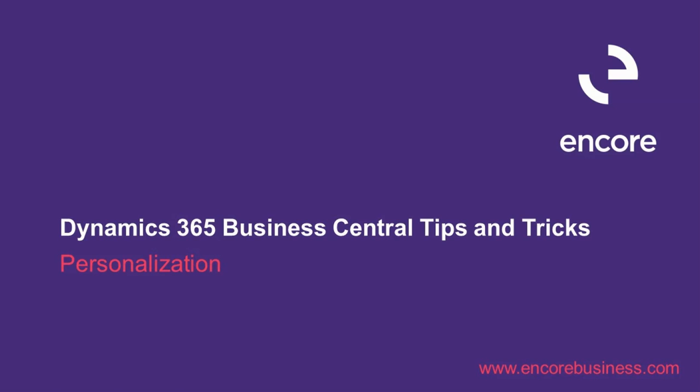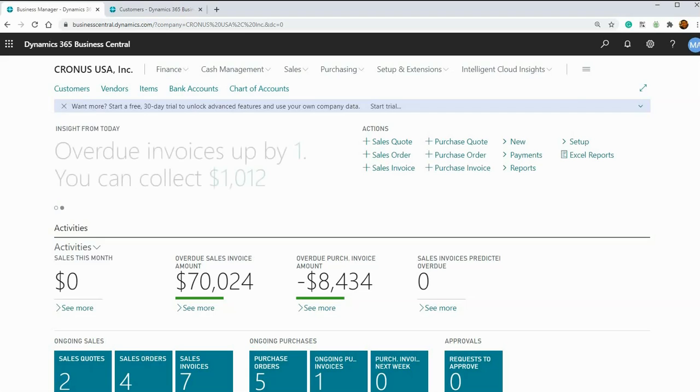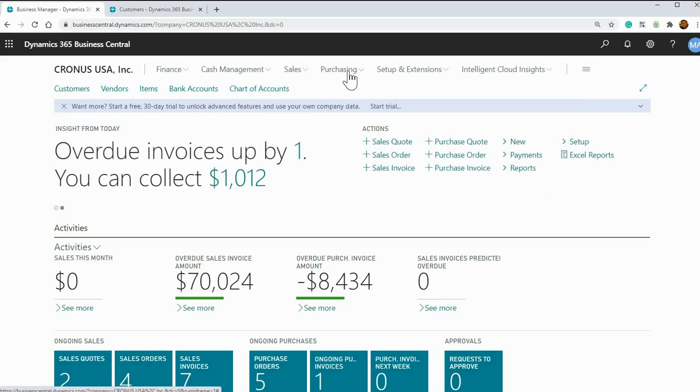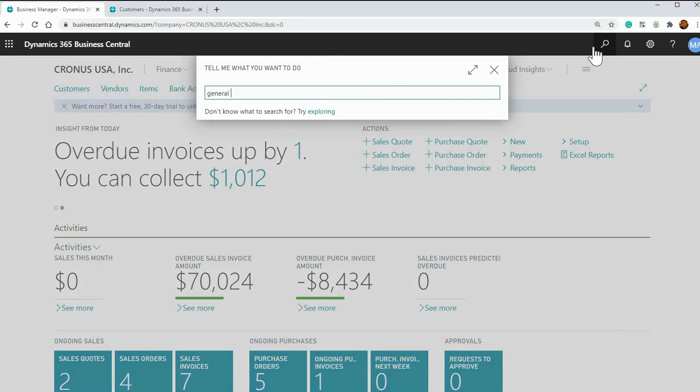So when you're in Business Central, a popular feature that users use is personalization. It gives them the ability to edit their windows and makes their navigation of Business Central more user-friendly to their needs and how they want to see Business Central, the layout of it. So an example of using this feature is when you're in, let's say, your general ledger entries